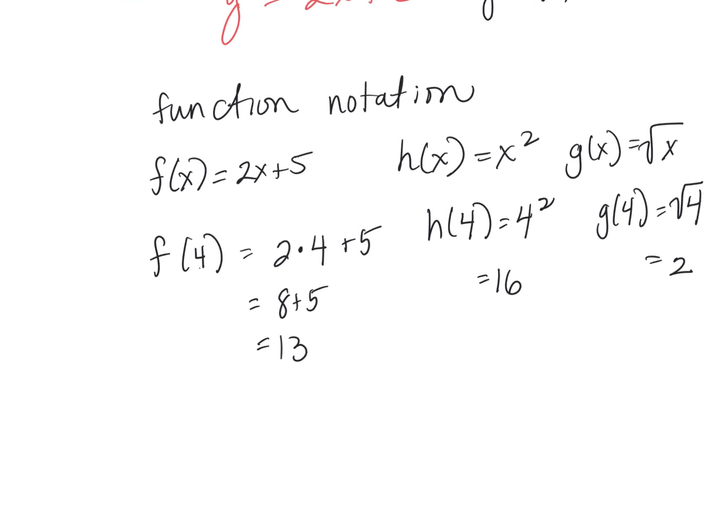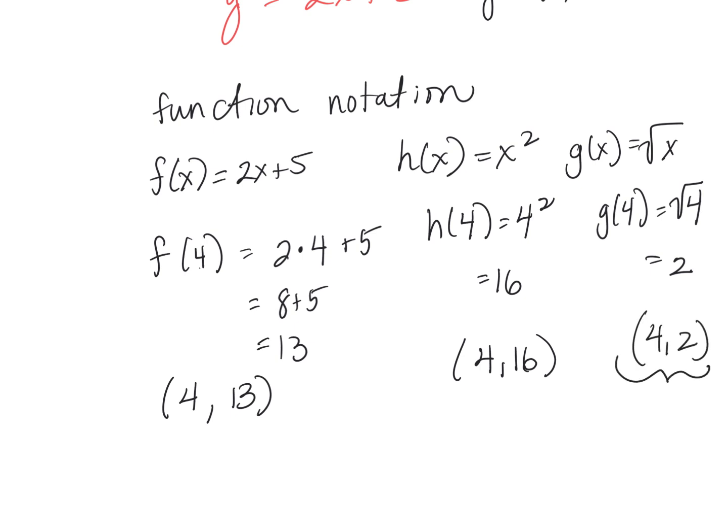Now, in each of these things, this ordered pair is an element of my function. So 4, 16, 4, 2. This is a point on the graph of G. This is a point on the graph of H. This is a point on the graph of F. So graphing is another way that I could